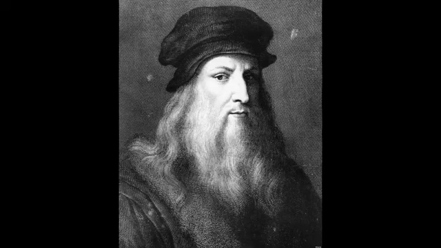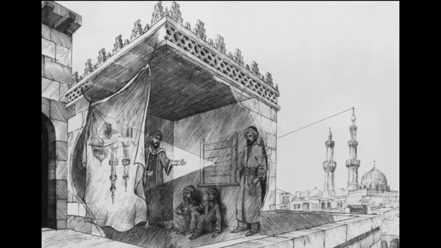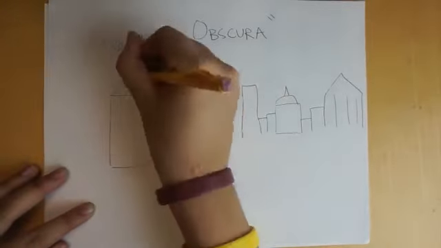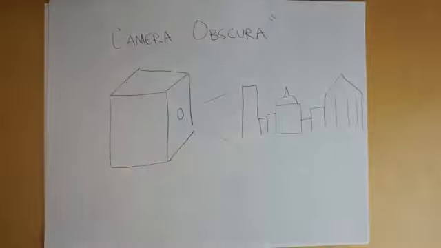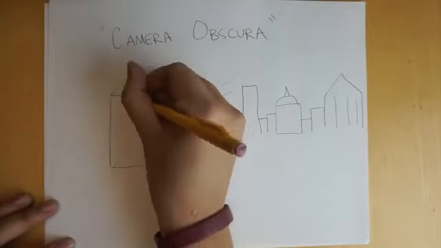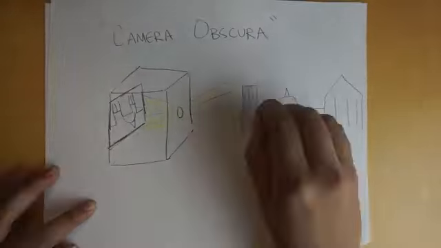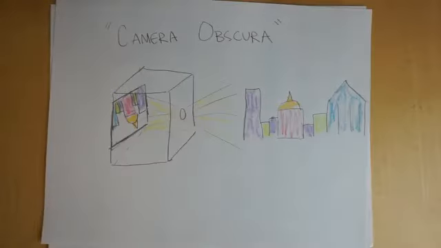Leonardo da Vinci. This camera does not capture images per se, but rather manipulates them. The light that is reflected off an external structure, for example, a building, comes into a room or box with a small hole in the side. The light, due to optical inversion, is then reflected upside down inside the box, in complete detail and color.